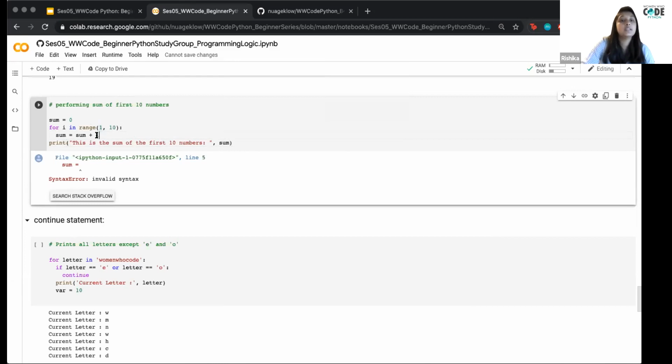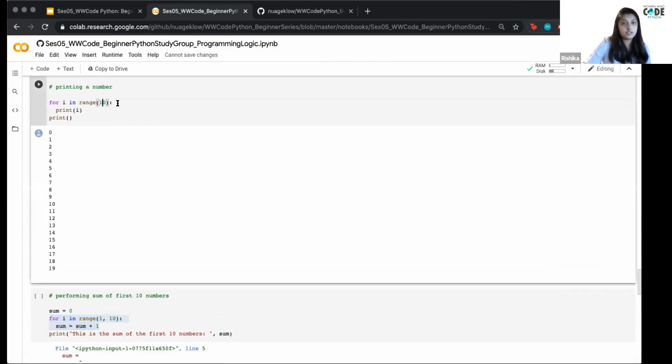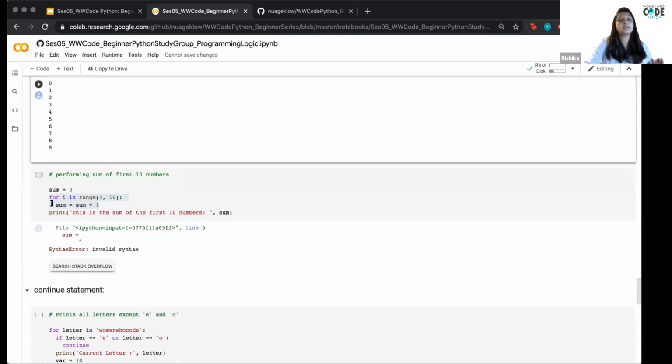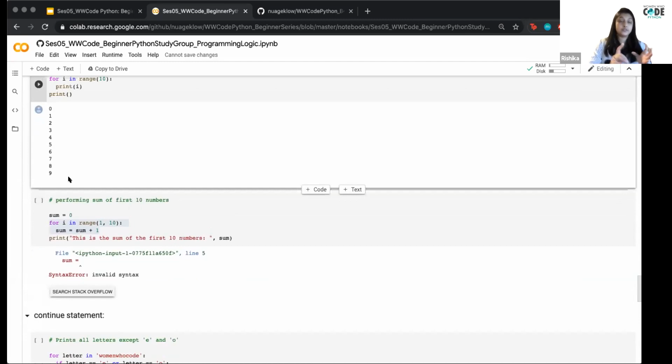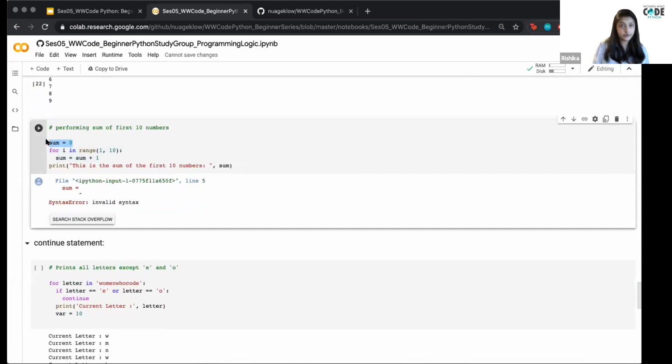Because what we're computing here is, as you saw up here when we're printing out for I in range 10, all the digits from 0 to 9, but now we want to take the sum of all of them. So adding 0 plus 1 plus 2 plus 3, etc. And the way we do that is by first declaring this sum variable as 0. So it starts out as nothing. And then it's going to go through the values of 0 all the way up to 9 and keep adding them. And the way it does that is through this line of code right here. And then once it's done executing that for loop, it will print out, this is the sum of the first 10 numbers, and the sum that we get,